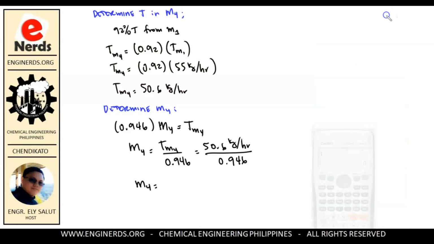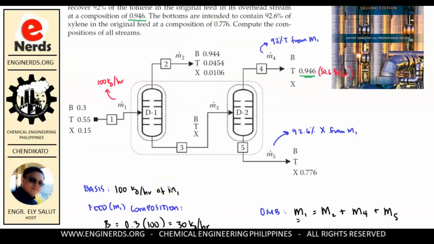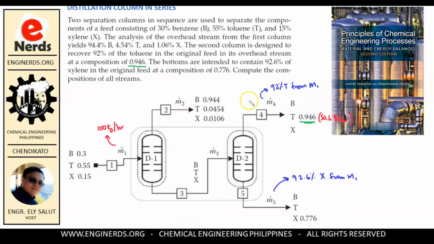Okay, so we have 53.488 kilogram per hour. So now we know the value of our M4 stream. Okay, so our M4 stream is equal to 53.488